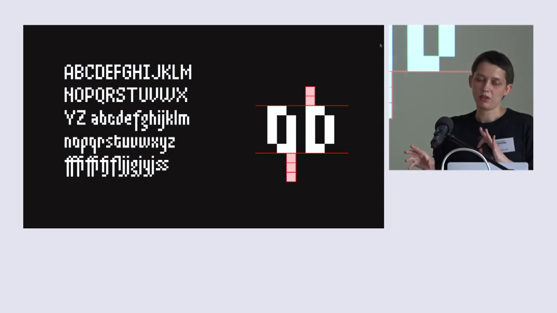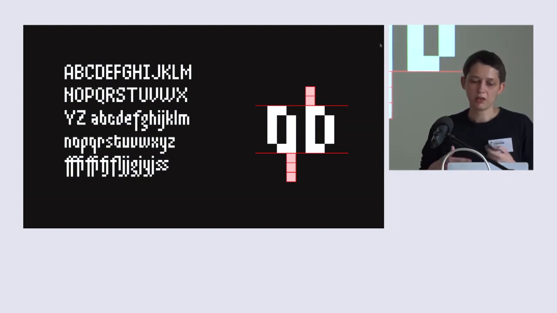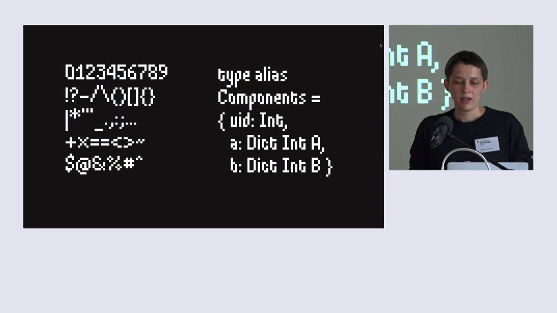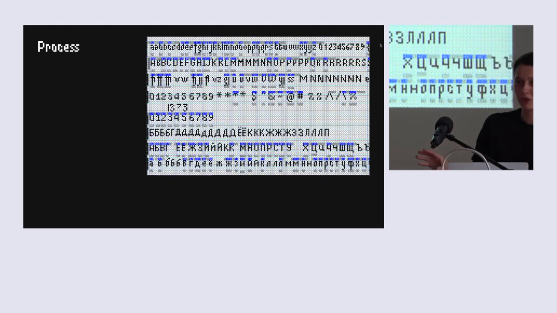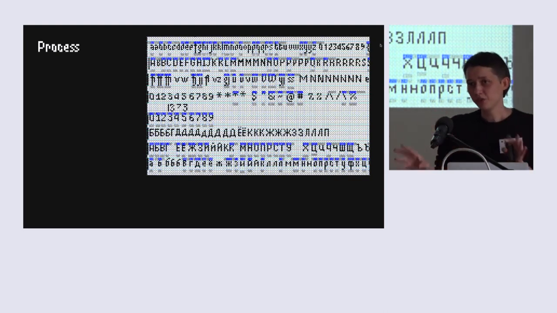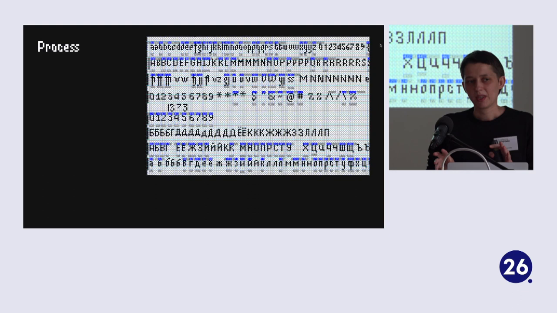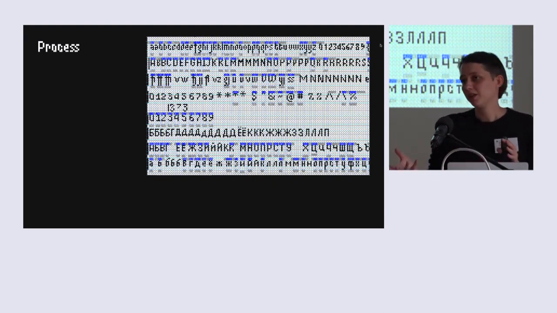Later we decided that we needed a font to write some other text besides that. And I created a font based on the design of the first letters. The font was created in Photoshop, and I'm pretty sure that Photoshop is not a common software for type designers. But there was a reason. We created this game from scratch. It was programmed from scratch. There was no game engine where you can take an OpenType or TrueType font and upload it.